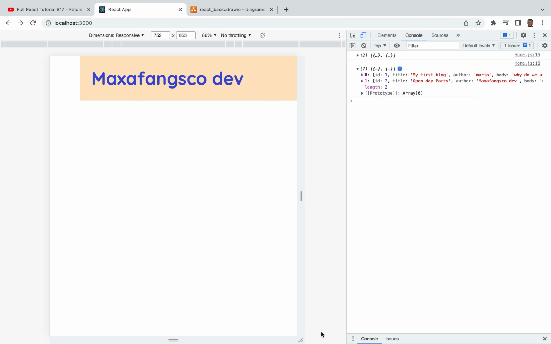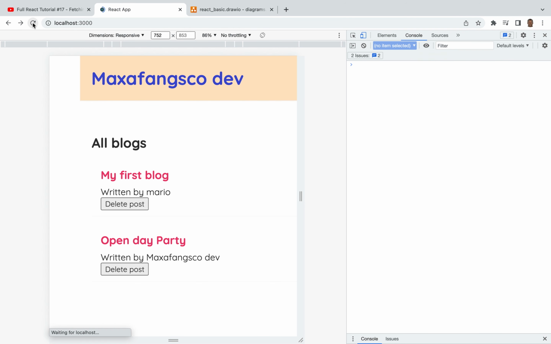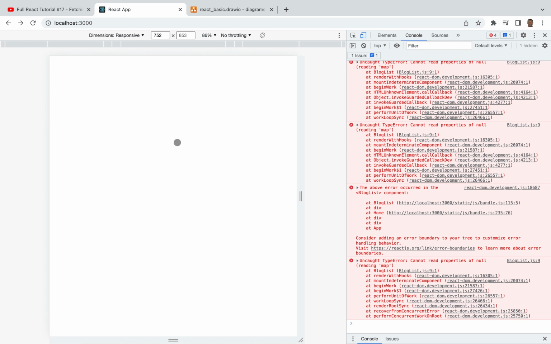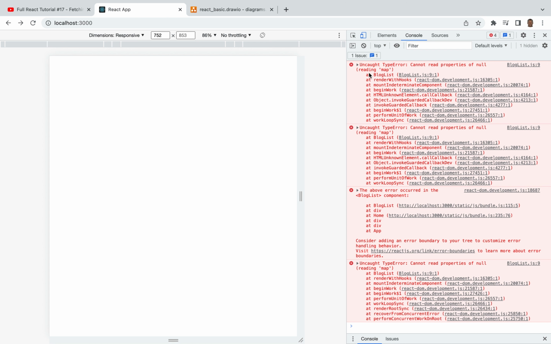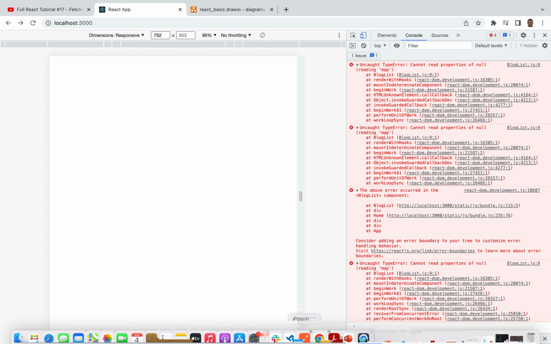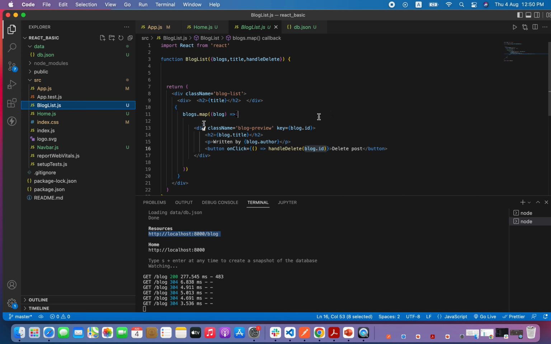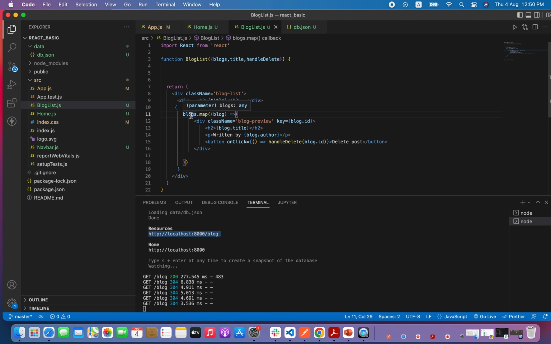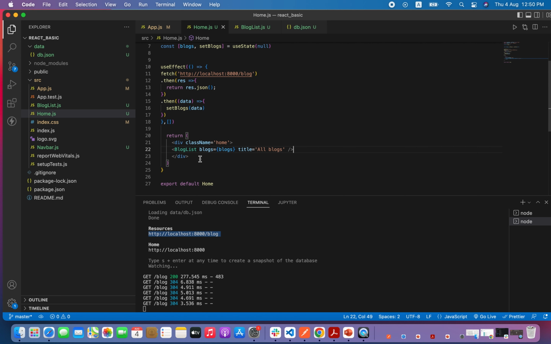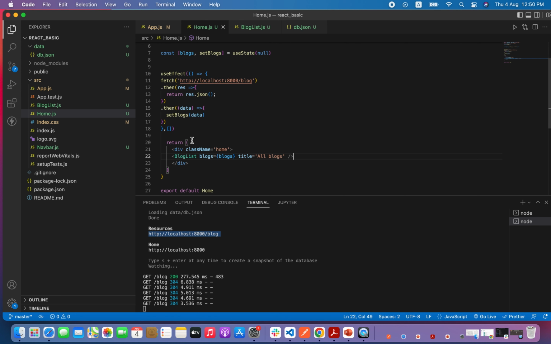It will give us an error because initially, oops, it works. Let me refresh. Yep, this is what I was expecting. It's giving us an error because it cannot read property of null reading map. So let me show you what is happening here. Block list. Where is our block list? Inside this block list, we are trying to read blocks.map, but when this application runs and this JSX is mounted to the DOM, causing this block list to run, there is no blocks